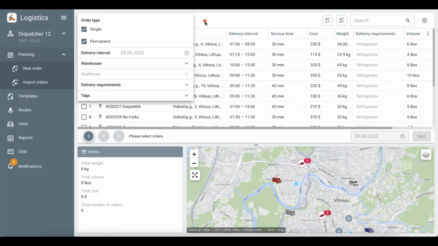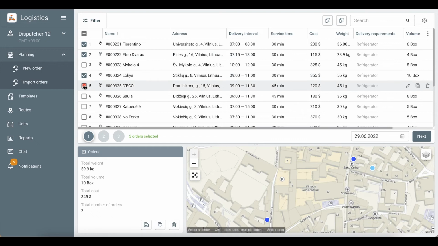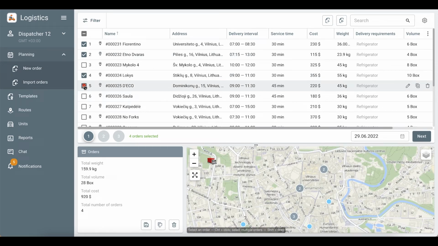Let's move on to the route planning itself. Now we need to organize the delivery of fruits, vegetables, and greens to several restaurants. I'll take off the orders that need to be delivered tomorrow. Since the list contains permanent orders that are not tied to a date, the next stage is to indicate the